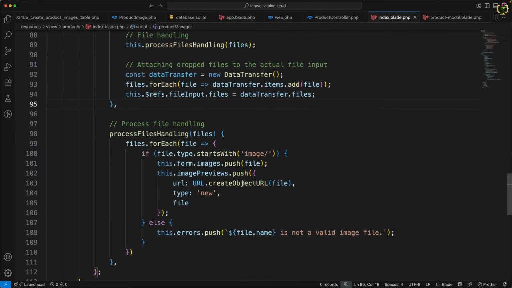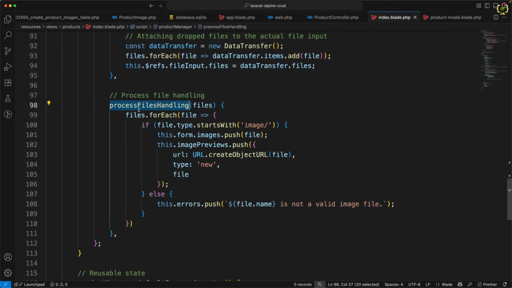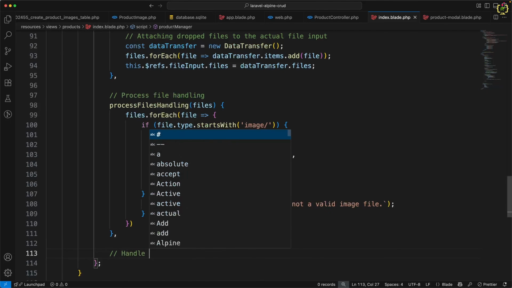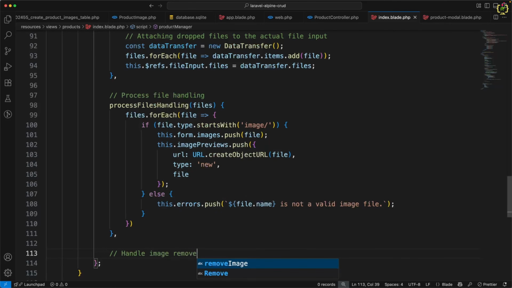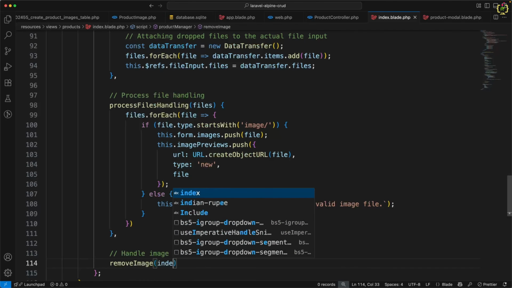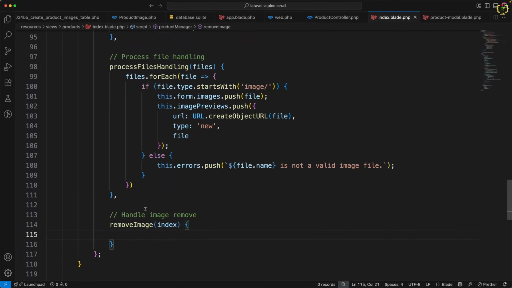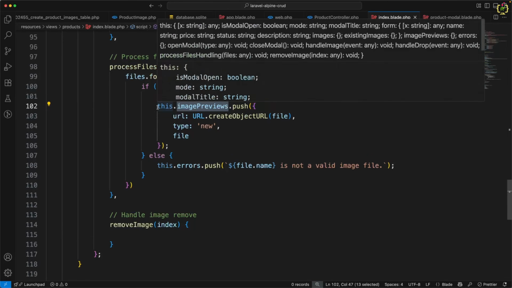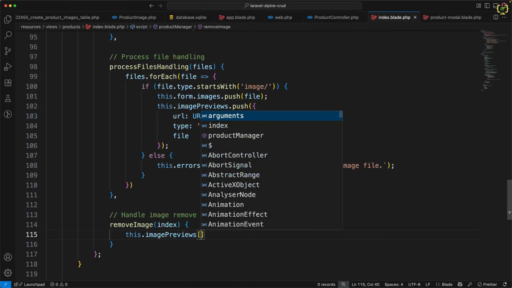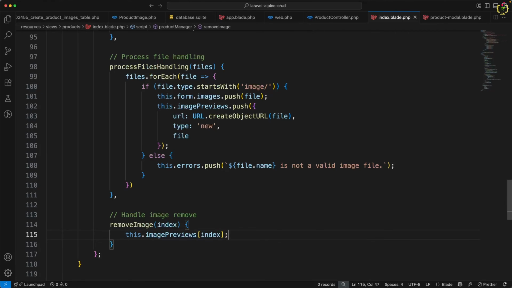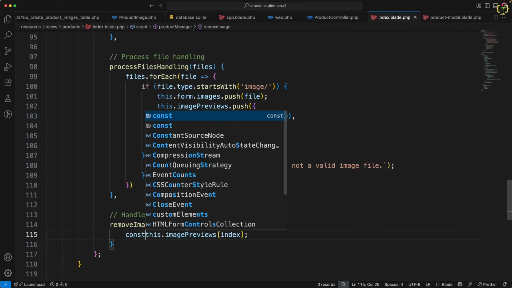Let's navigate to the index blade, and after this process file handling, here we'll define handle image remove. Let's copy that method remove image, and let's capture the image index here. So based on the index, we have to remove the image from the preview. In the preview, we have the array of images. So let's copy this, and from this index, I will extract that file,